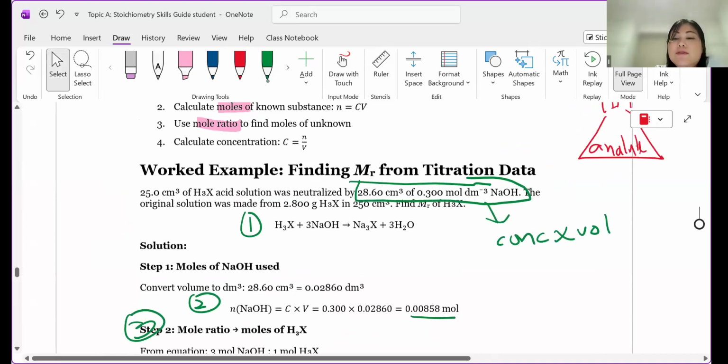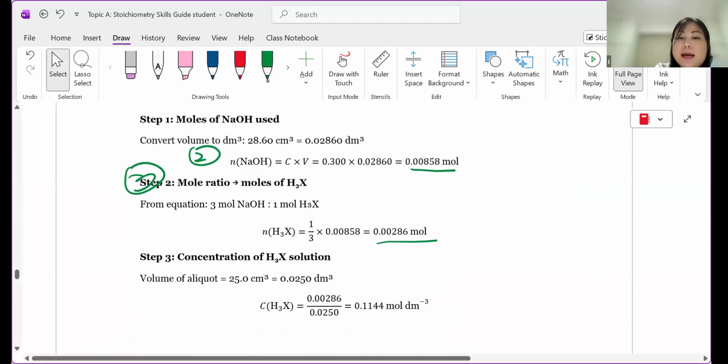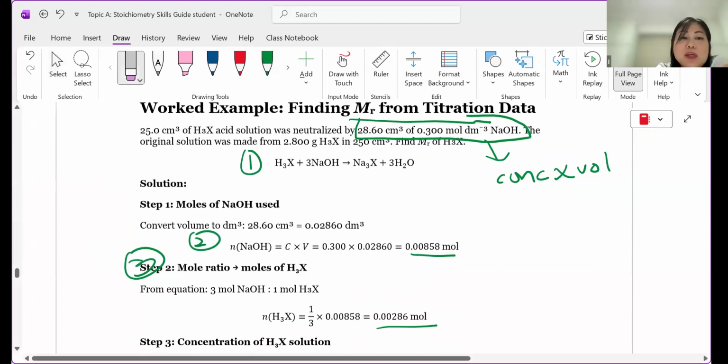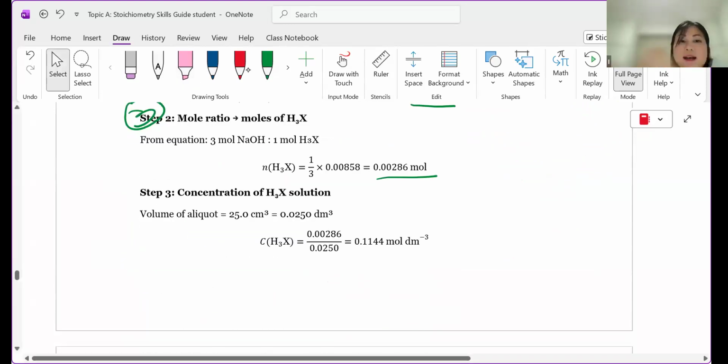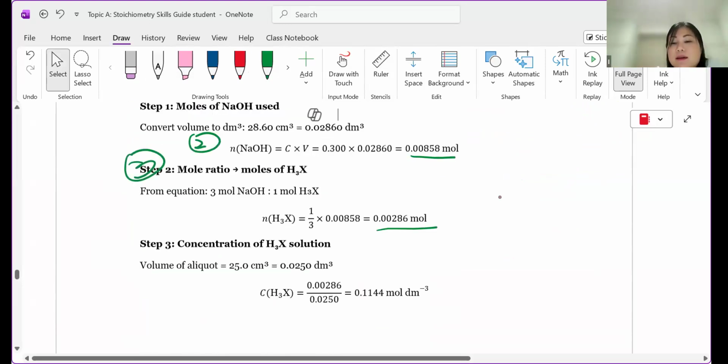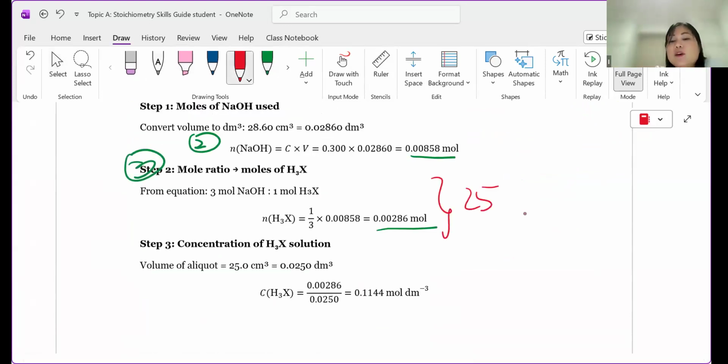And this is in 25 cm cubed. But you have 250 cm cubed. So you read carefully here. You only took 25 to titrate, but actually you have 250. So the number of moles that you calculated was for 25 cm cubed. So in terms of 250 cm cubed, the number of moles will be 10 times. The question is asking for